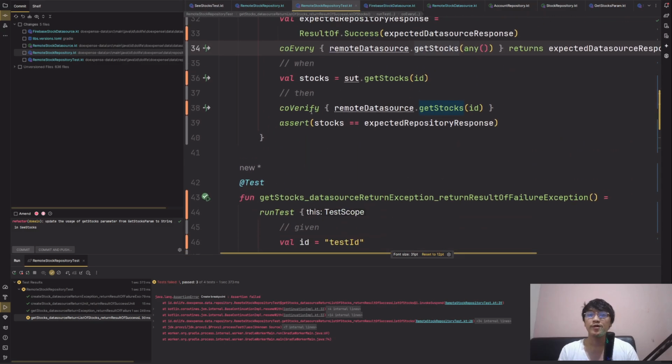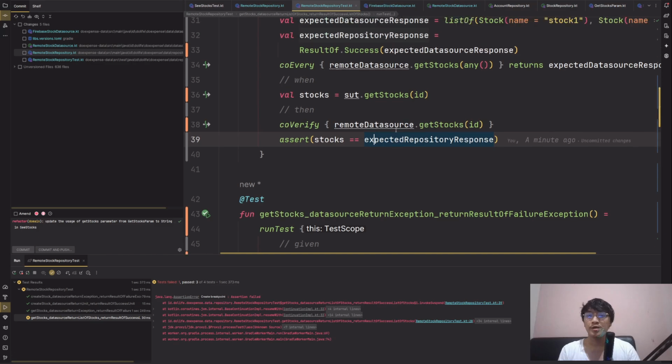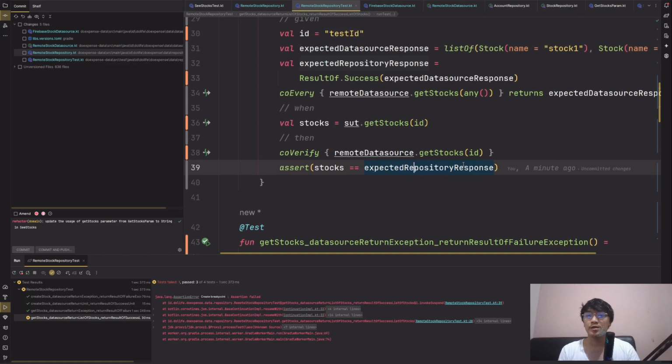So when verified, it calls this true, then the answer stocks, which is the result from SOT.getStocks, to be equal to expected repository response in here.